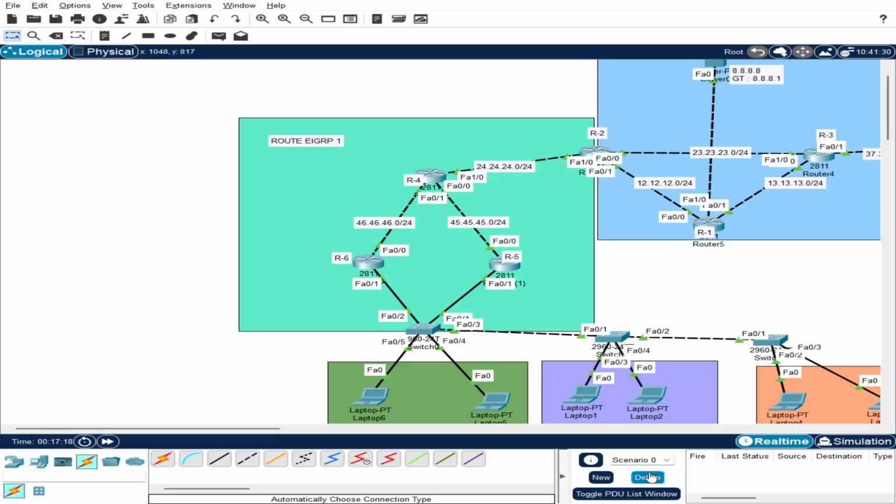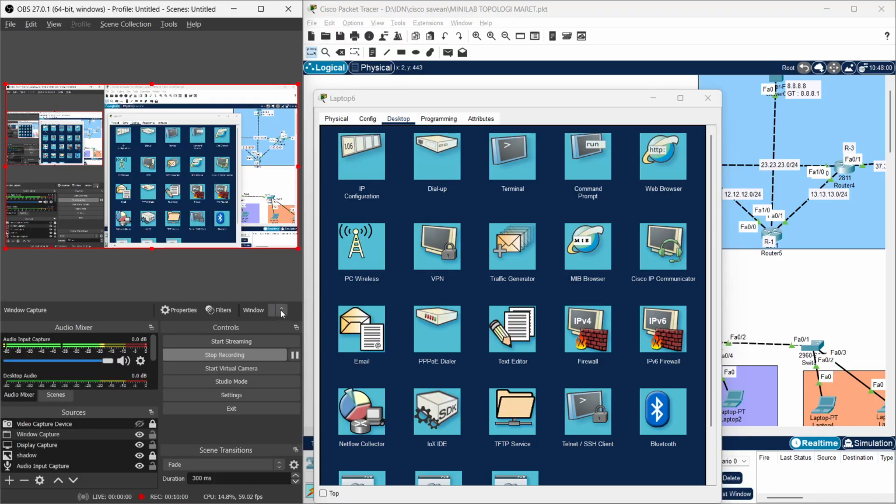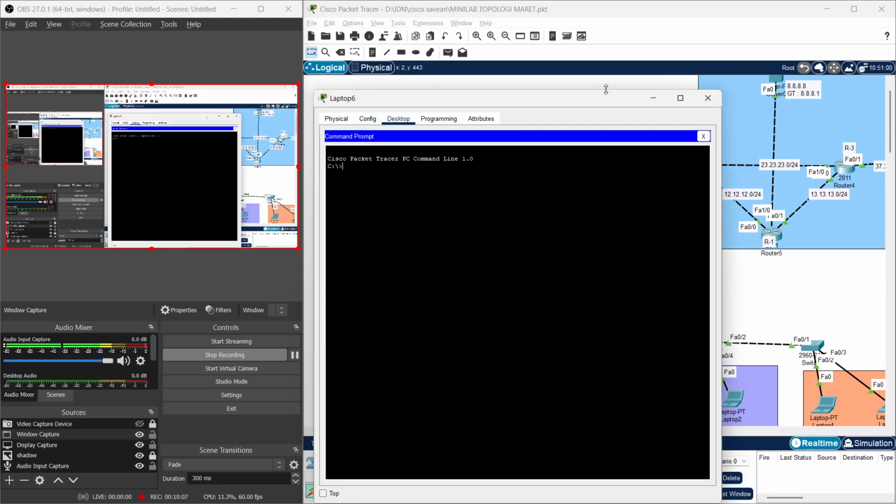And you can see when I ping to maybe 8.8.8.8, what do I get?